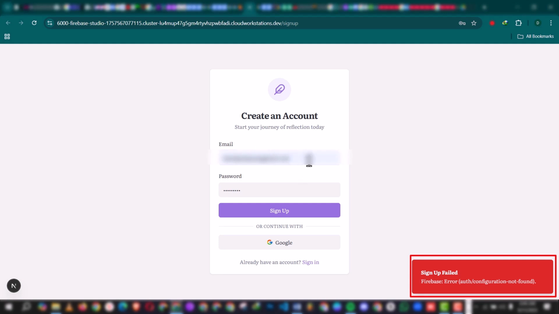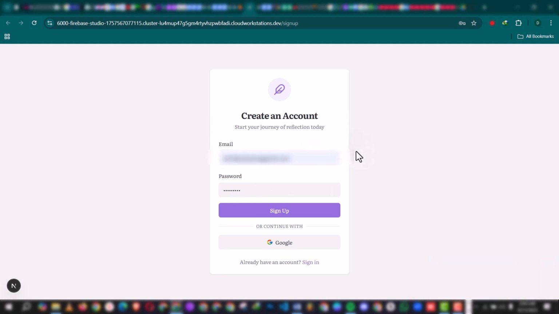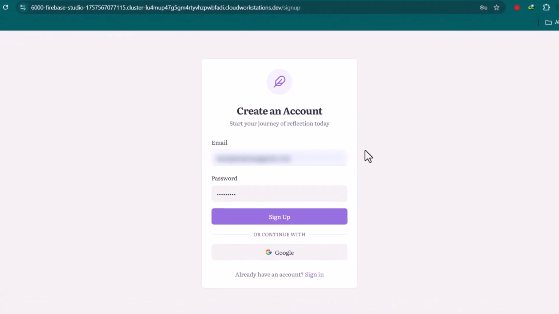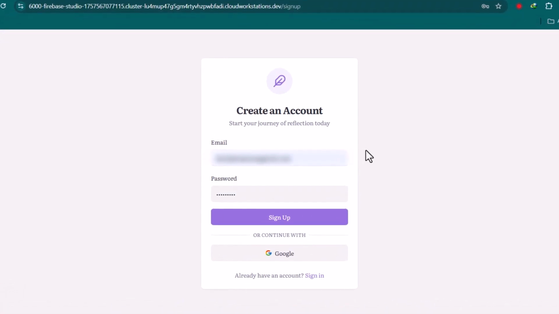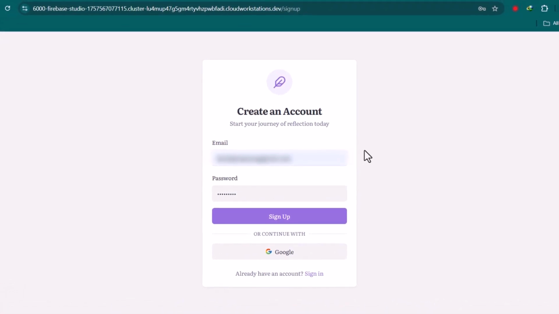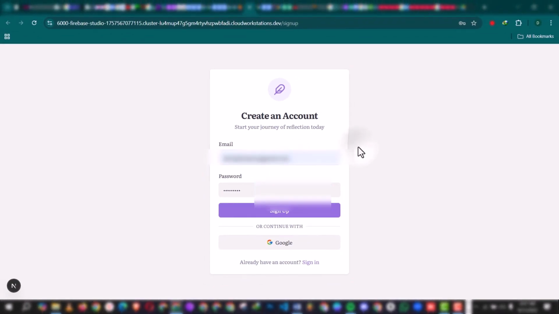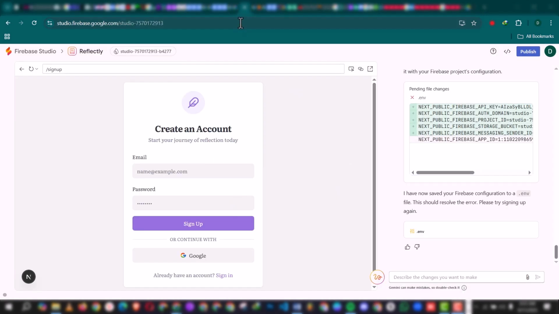So we still have the similar error, and this is the reality of application development. Everything doesn't just go 100% as you intended. You face some irregularities along the line, but that is the reality. And the good thing is, these irregularities are what make you understand the platform even better and understand the various stages and steps it entails in achieving the exact feature you intend to realize. Since the error is persisting, we'll manually visit